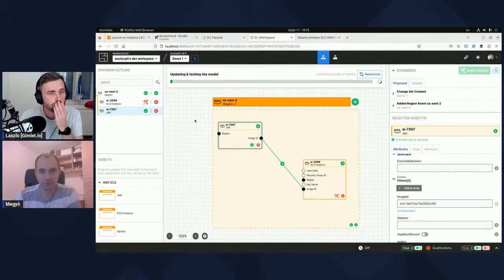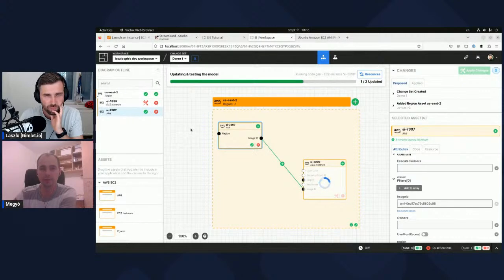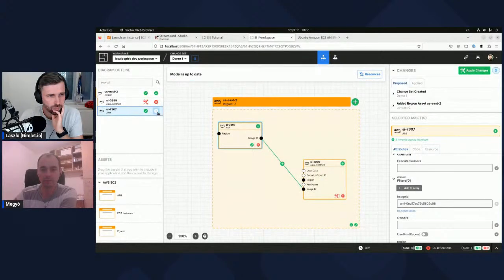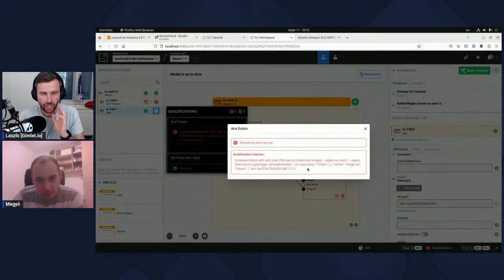Hopefully that works. If not, I may have a problem with the. But let's see. Yeah, I think you have the same. Yes, it's probably an access error or something.